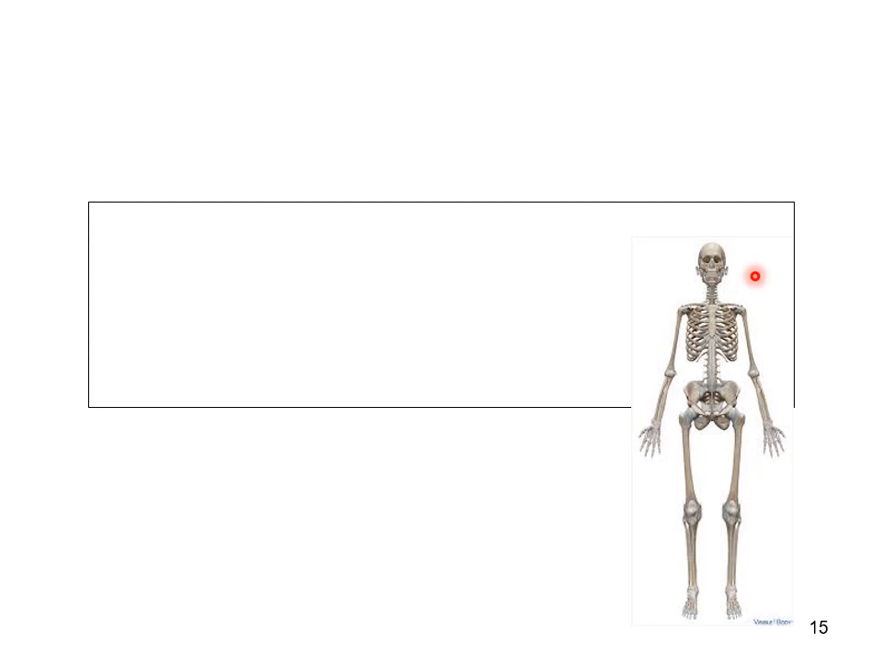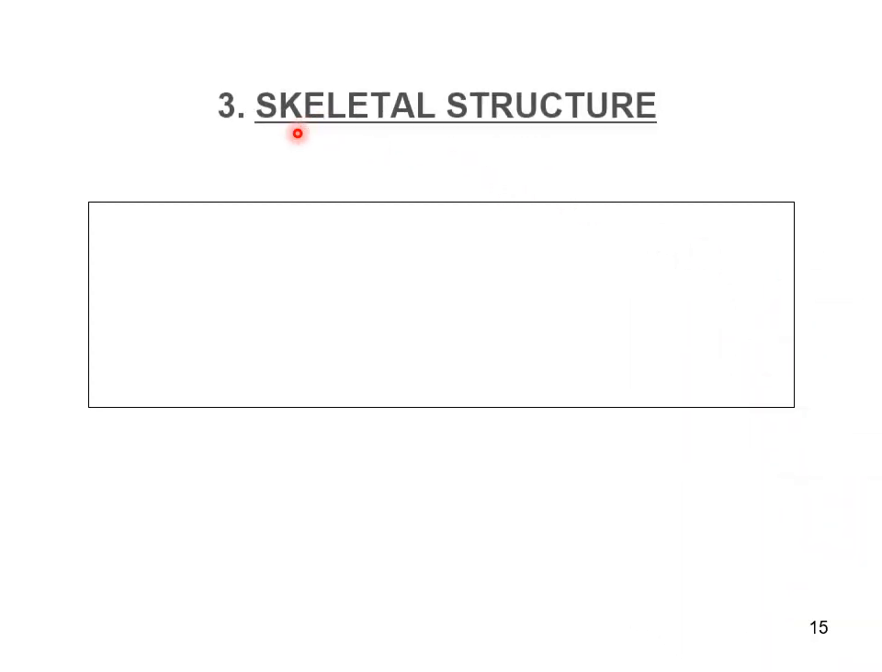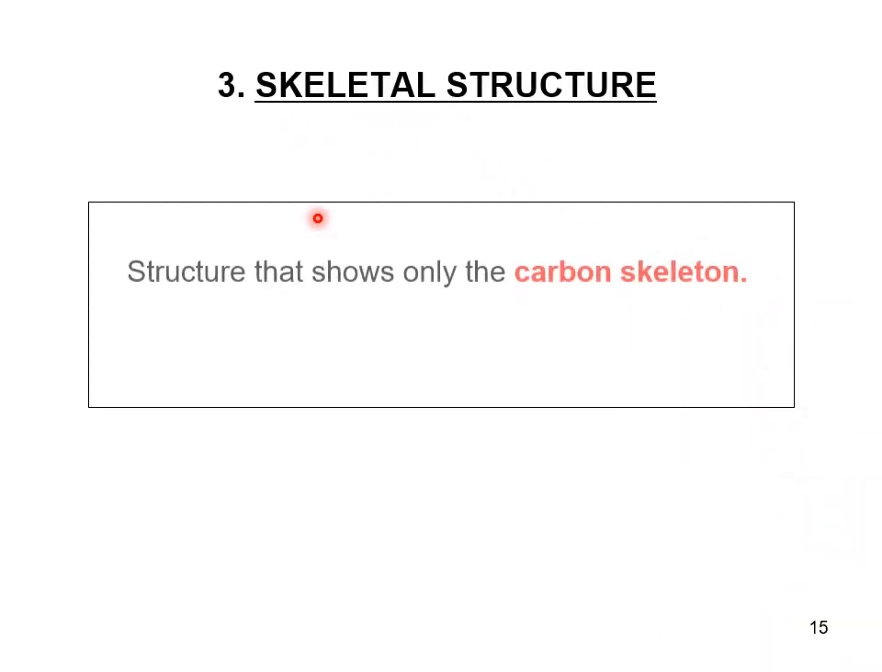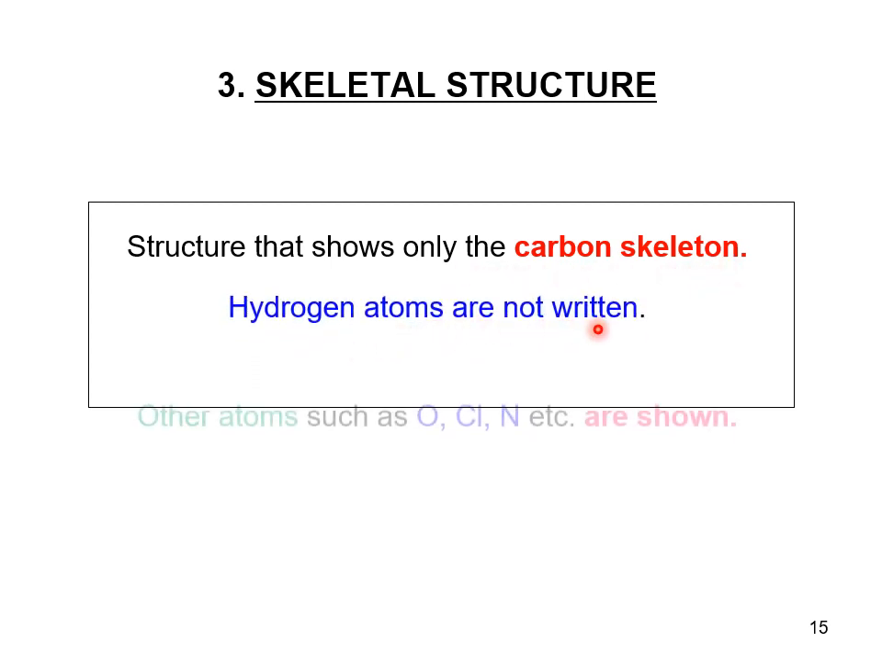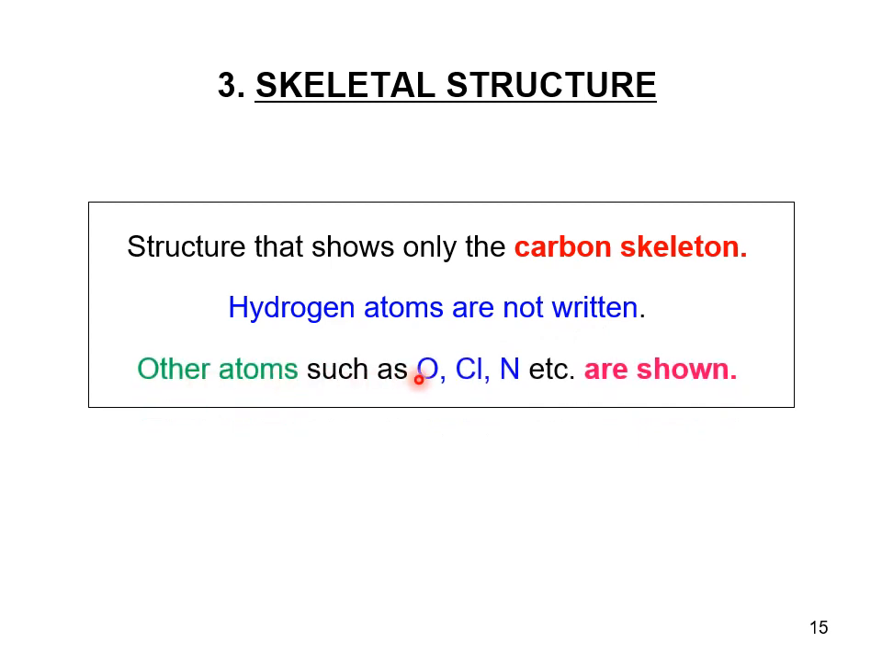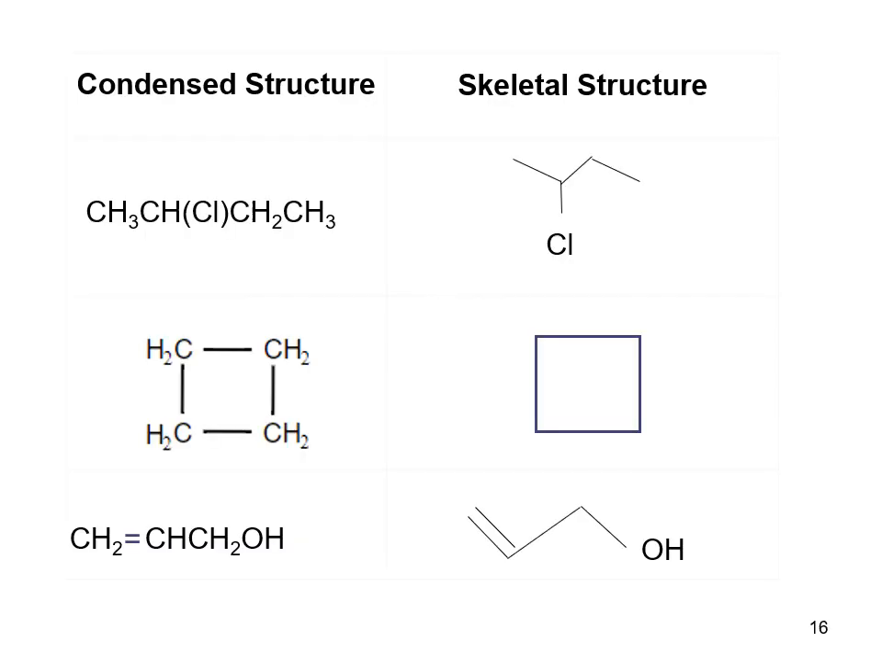Skeletal. So what is the next? Next is the skeletal structure. A structure that shows only the carbon skeleton. Hydrogen atoms are not written, and other atoms such as oxygen, chlorine, nitrogen, etc. are shown. These are the examples for skeletal structure. Okay, so just now it is CH3,